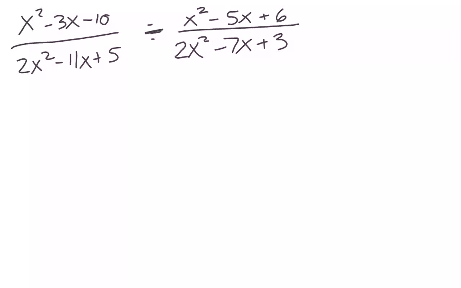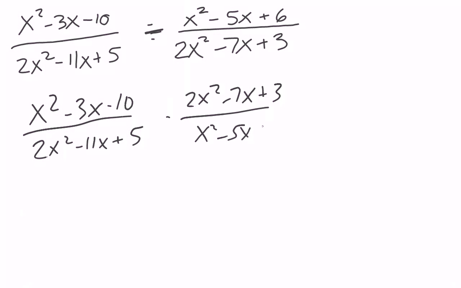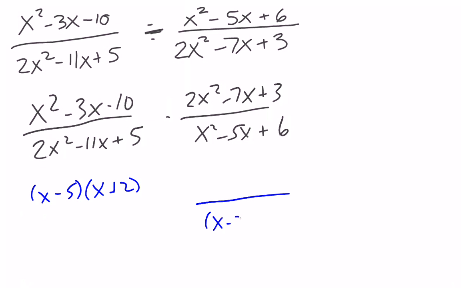All right, same thing here. We are going to have to do this. The main thing we messed up on in this problem was that these two original denominators, you have to use the x box to factor. See how your a is not 1, it's 2? That means you're going to have to do x box. Once again, we have that 5 and 6 showing up, so we just want to be really careful that we're choosing the right factors when we do that. So I'll just do the x factor ones. So x minus 5 times x plus 2 and x minus 2, x minus 3,